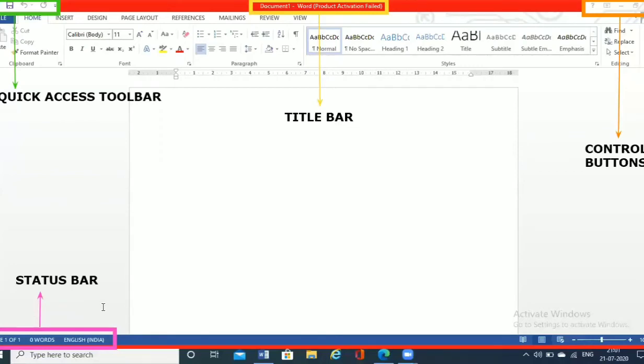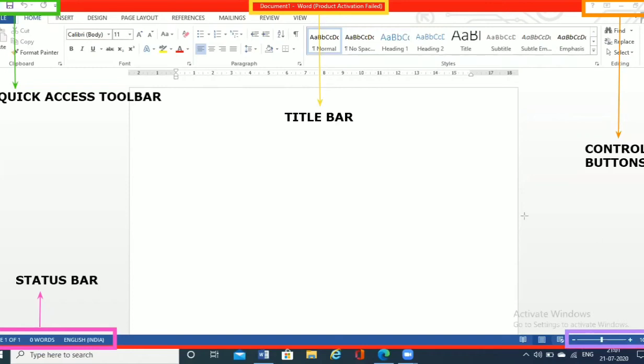Then we have the zoom slider. On the right corner of the screen, everyone, you'll be able to see the zoom slider. As the name suggests, the zoom slider helps you to zoom in as well as zoom out.